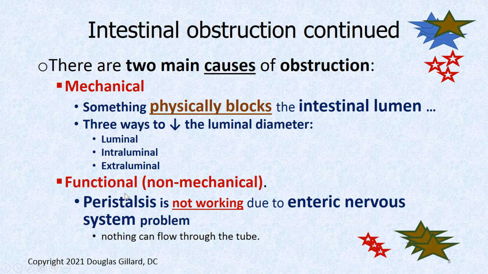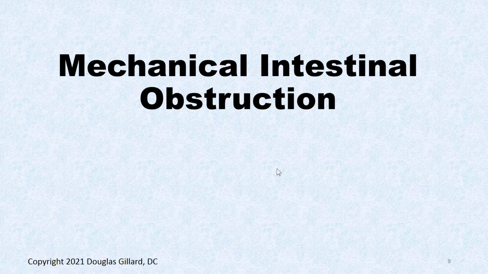And then there's functional. This is usually a problem after surgery. This is when none of the intestine, the small or large bowel, work. Peristalsis stops. We're not going to talk about that one too much, but we are going to talk about these mechanical obstructions quite a bit. We're going to go into the weeds on these. Not crazy into the weeds, but